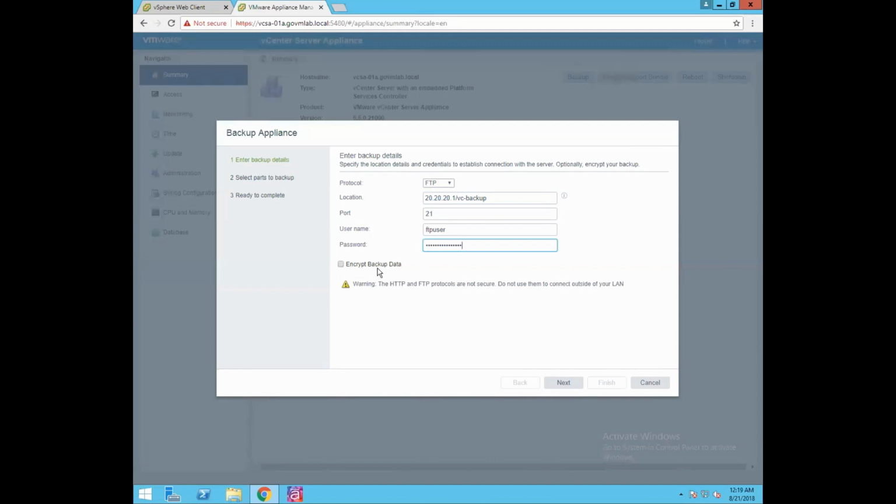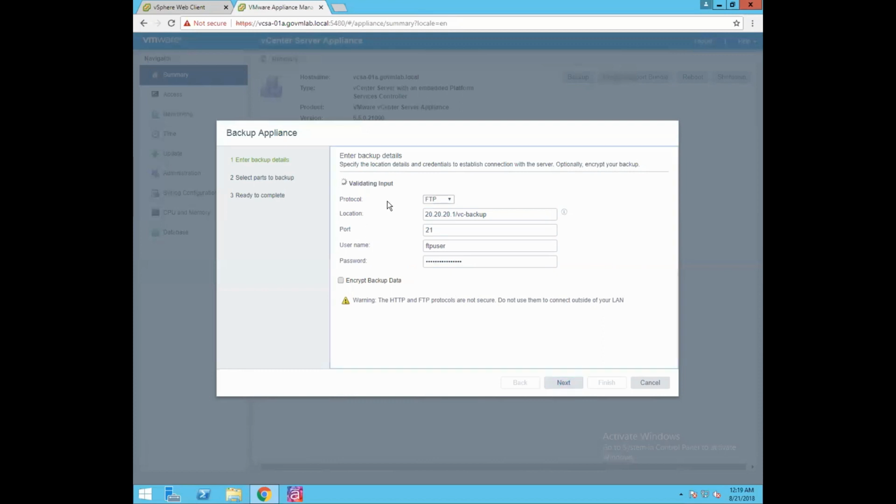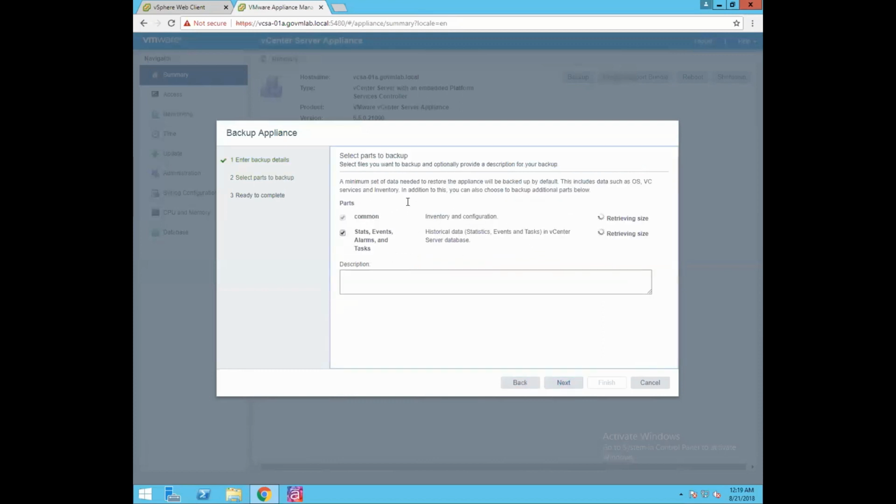If you want to encrypt your backup data, you can select this option. This option will encrypt all of your backup data. Click on next. Now you can see it is validating all of the user input, and these are the pieces of information which will be backed up in the folder defined by the administrator. The first is Common, which has your inventory and configuration information, around 620 MB.